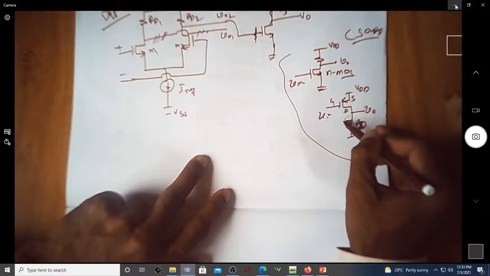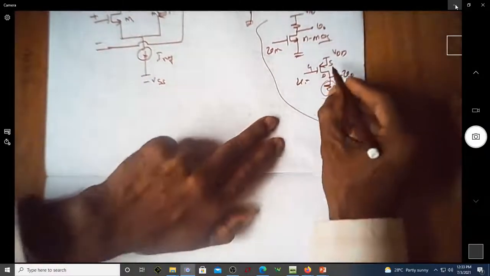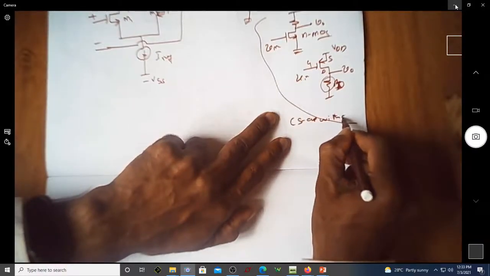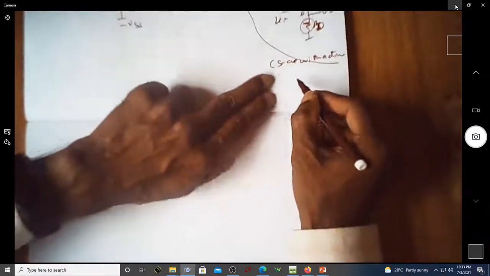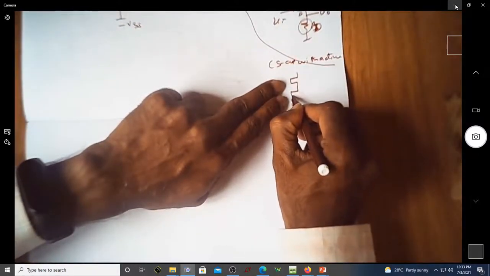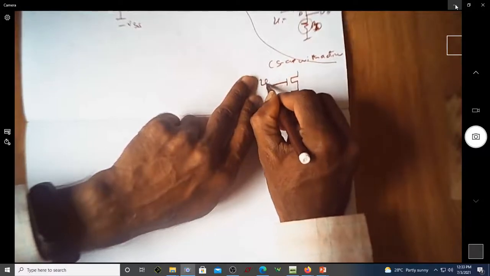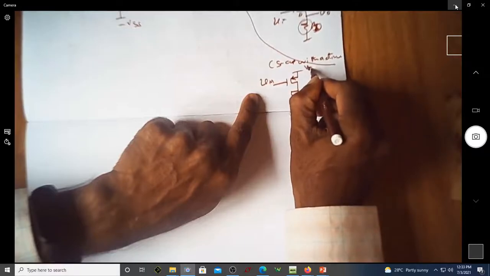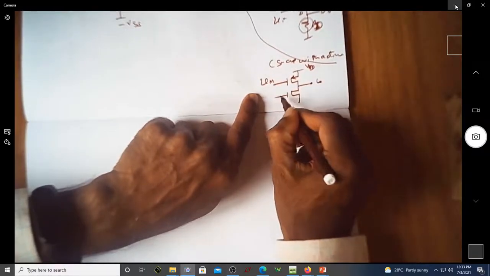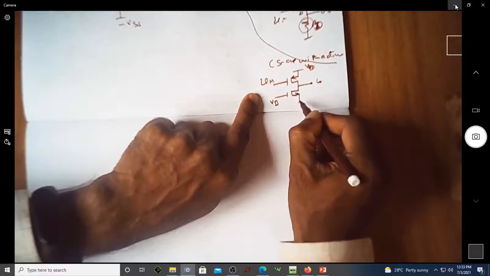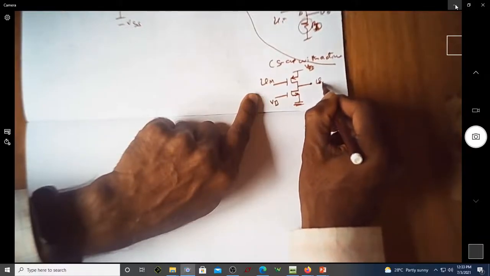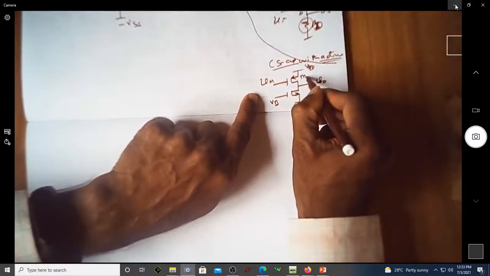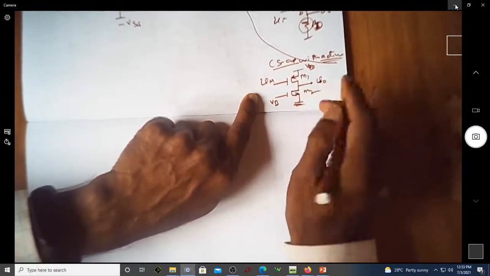Keeping this in mind, we know that we are able to replace this resistive load by an active load, meaning I can write a CS amplifier with active load like this. You can see now, this is my input voltage, and I have my active transistor. This is my VDD, this is V0, and this is my bias voltage. This is an NMOS transistor, and this is V0. Now you can see this is a CS amplifier with active load. Suppose you call these M1 and M2, M2 acts as the load.